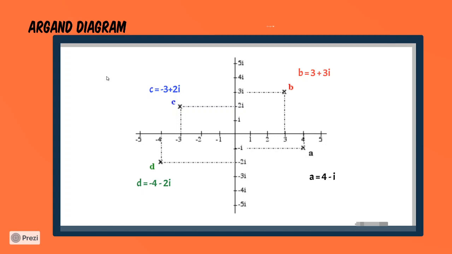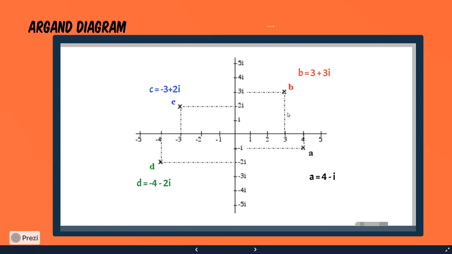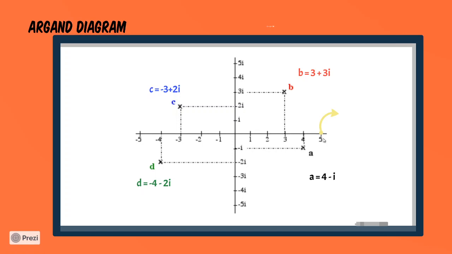So you might ask, sir, how do we represent normal numbers like 5, 4, 3, which we studied before? That can also be represented in the form of complex numbers. How? Let us see. Look at 5. I can write it as 5 plus 0i. So for any number we studied, if we make the imaginary part 0, we get our normal counting numbers.